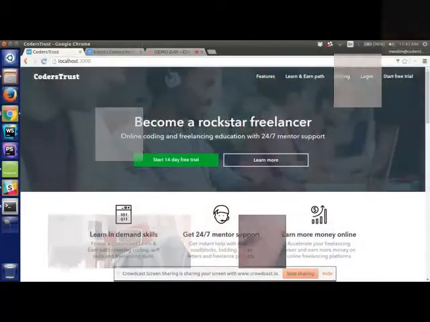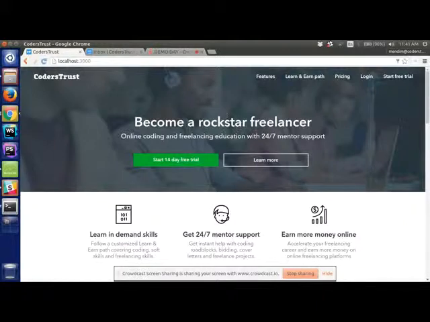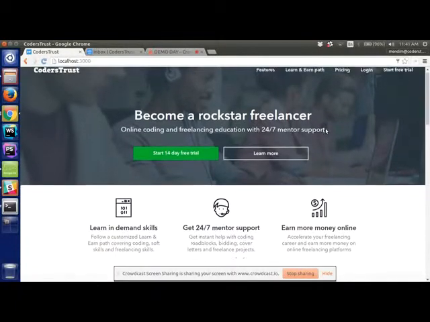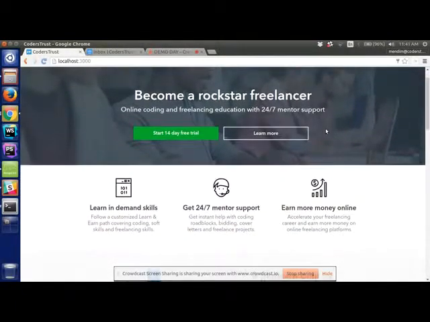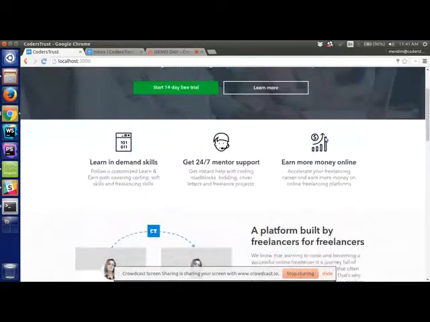Okay. This is the new homepage of CodersTrust, the new platform. So in this demo, you will see mostly the student perspective of the platform. I'm just gonna scroll down to see what we have on this homepage.